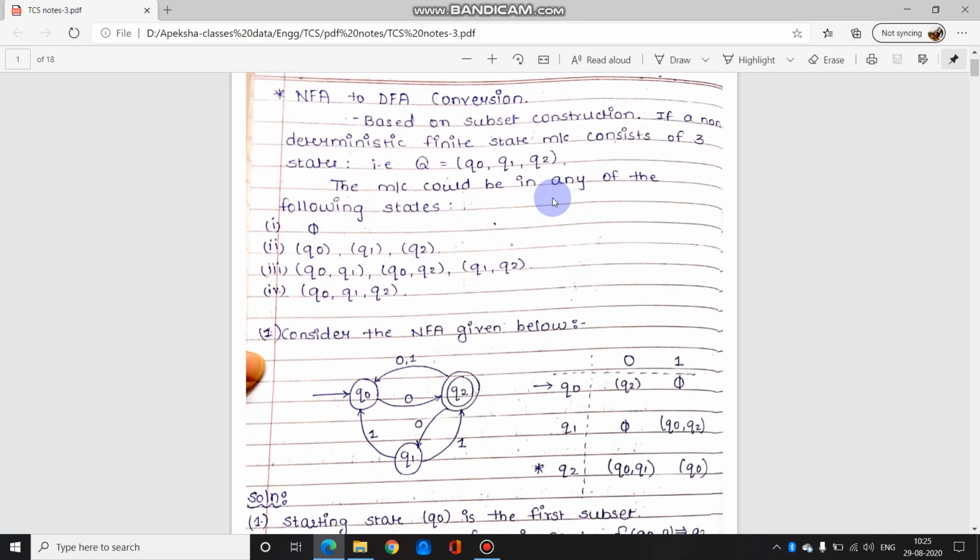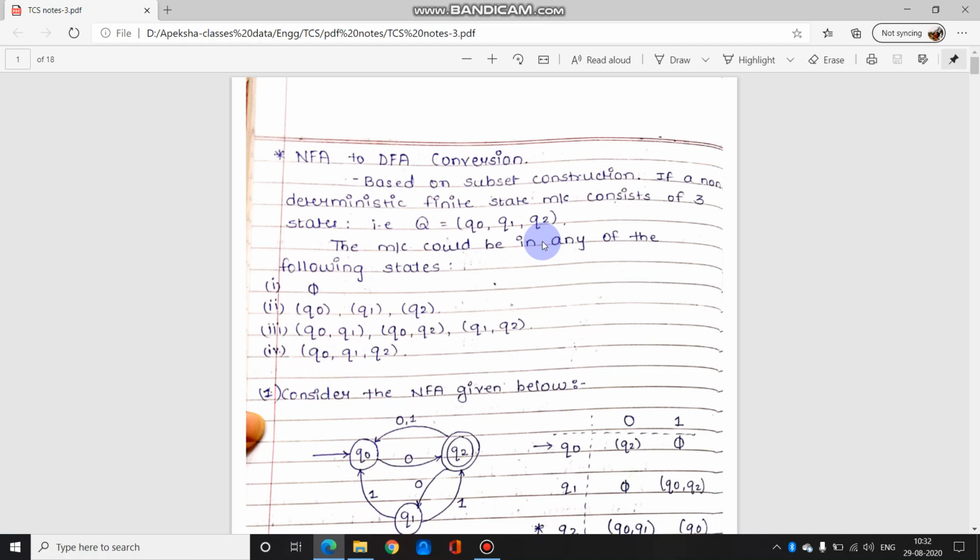So we are continuing with the new topic for the same chapter, first chapter. Till now we have seen what is DFA, what is NFA. Now we'll see how to convert an NFA to DFA. मतलब ये पहले भी बोला था, every NFA can be converted to DFA, but every DFA may not be converted to NFA. तो ये NFA को DFA conversions में कैसे put up करना है, that is what we are going to see today.